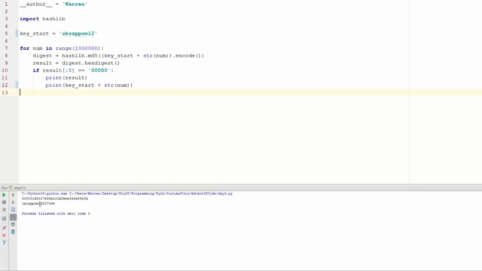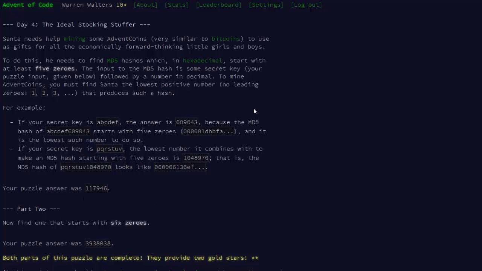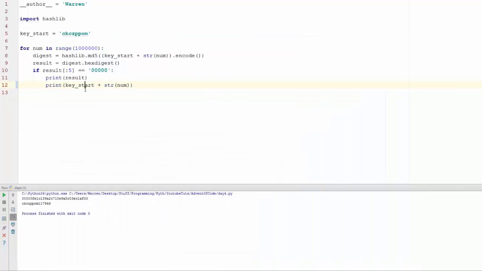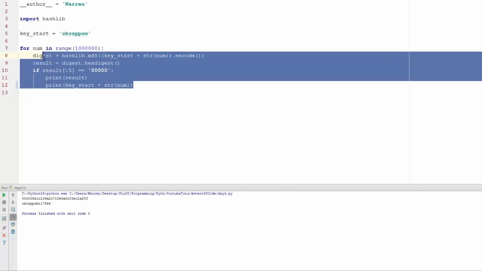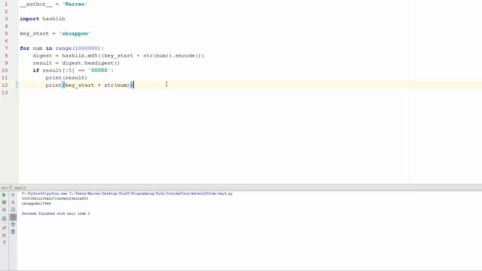Then we just take this number, oh, and this is actually messed up here. We can take this number here, and that's going to be our input. So there we go. We have 1179 whatever. Let's make sure 117946 is correct. But now we need to do the second part, which says, all right, we want to find